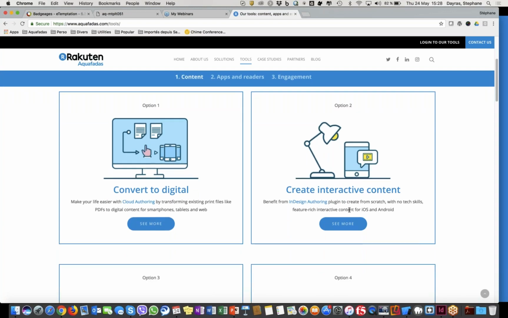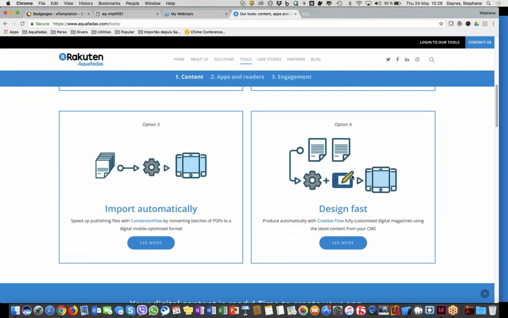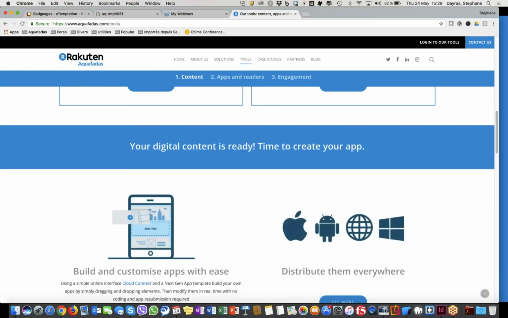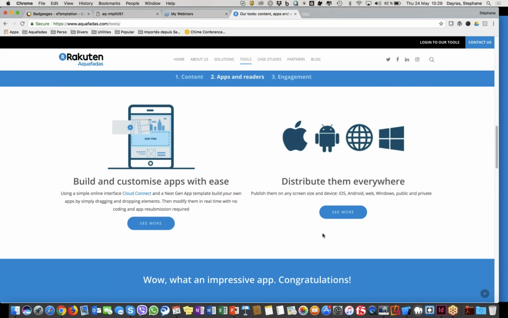You can upload your PDF and enrich it with our cloud offering, an online SaaS platform. You can also ingest XMLs and PDFs in an automated way and convert them to a digital and mobile format with our tools. You can also edit HTML5 responsive web content with our new editor, part of Creative Flow. So we have a lot of different ways to help you create content for mobile users in different situations.